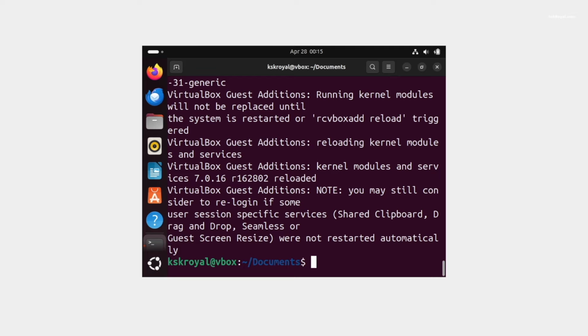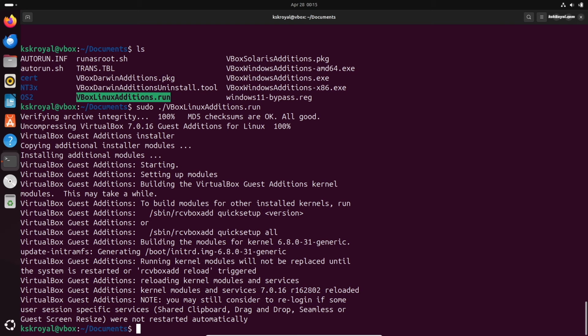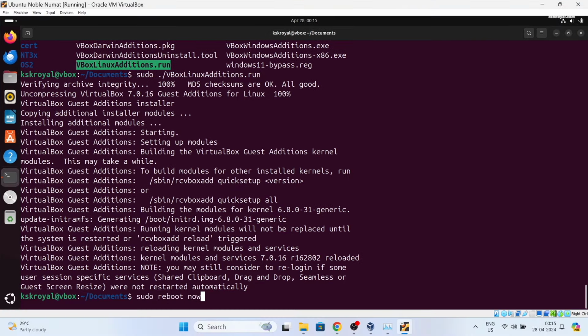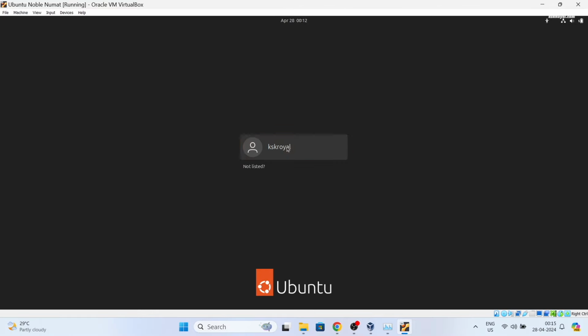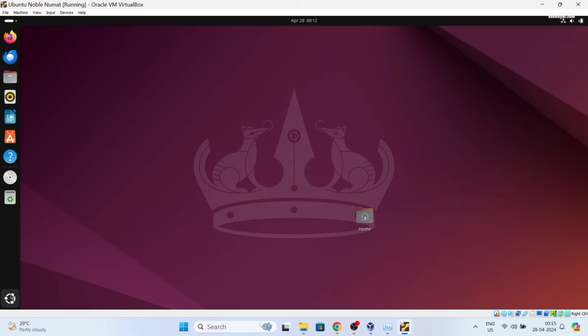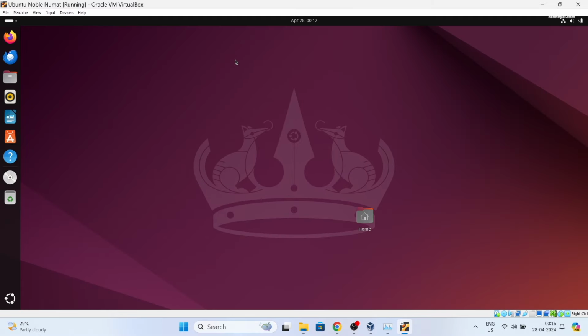And that's it, guest addition support is added to the Ubuntu virtual machine. Now restart the VM to apply these changes. And voila, as you can see, Ubuntu 24.04 LTS runs super smoothly, and you can notice it uses the full screen resolution.